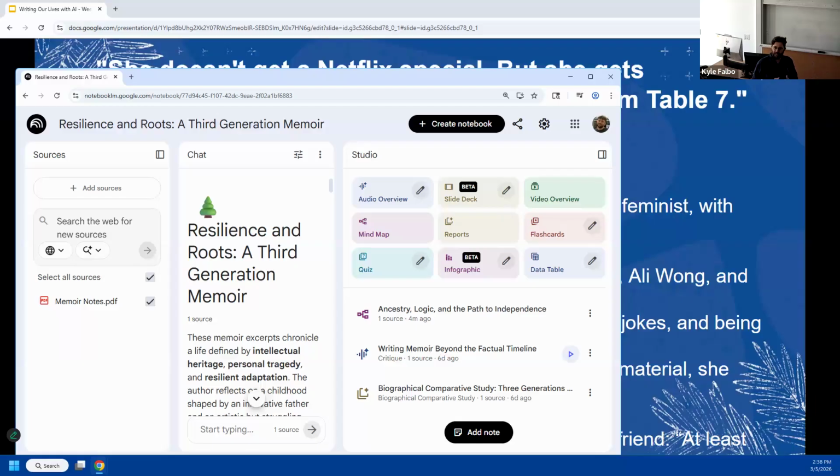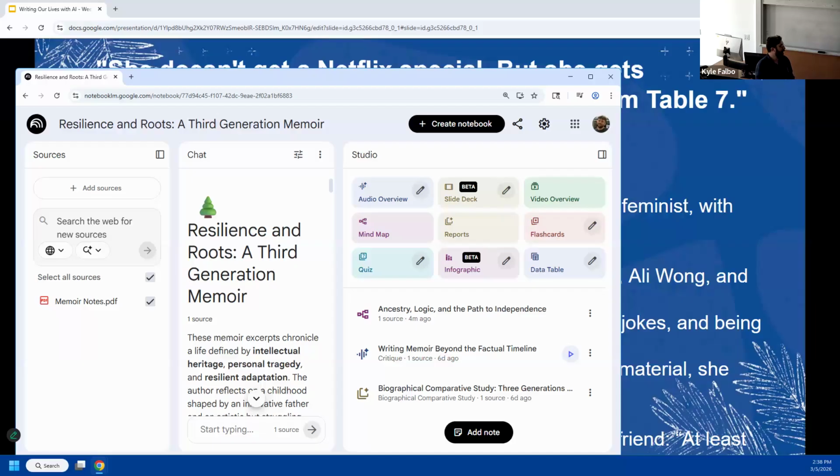And I think the paid version also allows for 100 documents instead of 50. What's that? 200. Okay, great. Yes, the paid version allows 200 documents per notebook. So if I have 200 pieces already written in my memoir, that can be fed into Notebook LM. That's right. Or the model I was sharing last time: you can take those 200 and turn them into 50 by combining them together, as long as each of those 50 documents is under 250 pages.